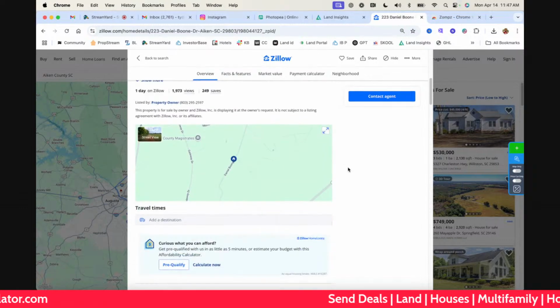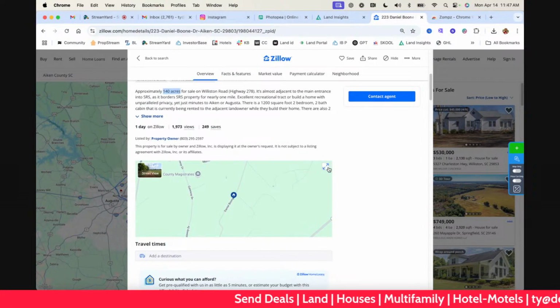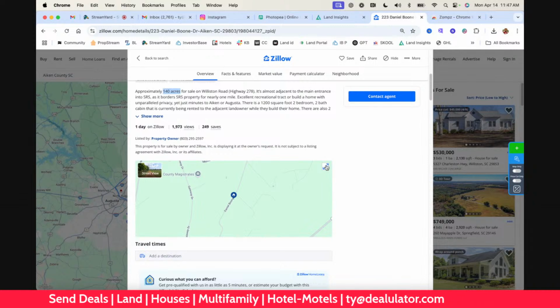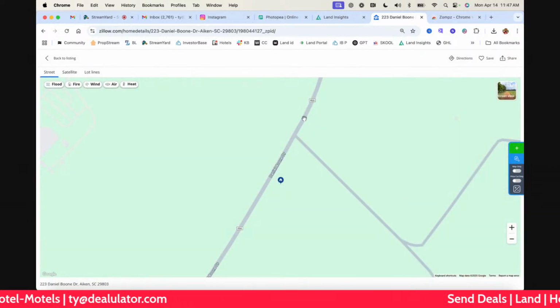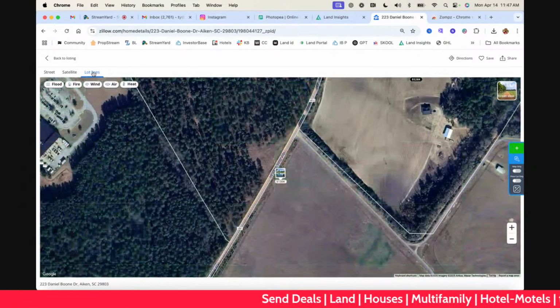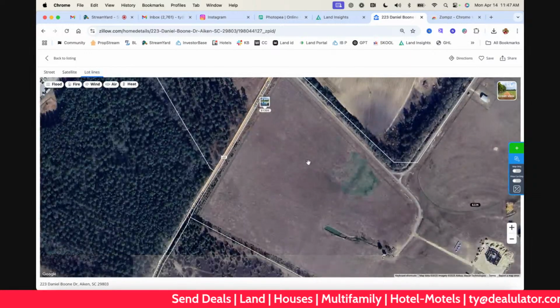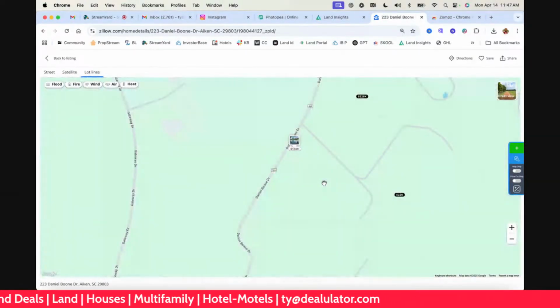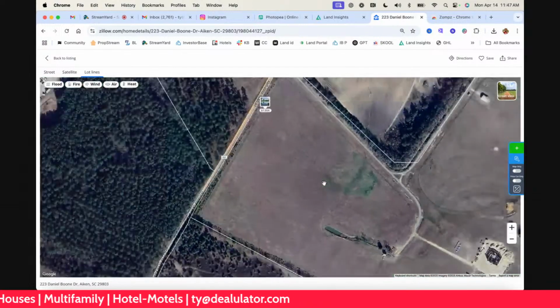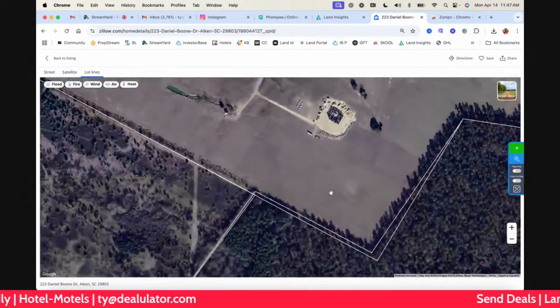So now if you look at the map right here, remember I was taking you back over to Redfin to do this, but I didn't know Zillow could do this. So with Zillow, all you have to do is just expand the map. There's little 2 arrows right here. And then up here to the top left, you do lot lines. All right. So now it's showing the property here. Now, if I zoom out, it won't show them again. So I have to zoom back in. And then I just have to sort of move it around.